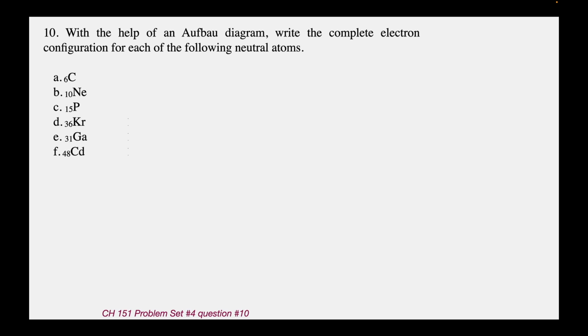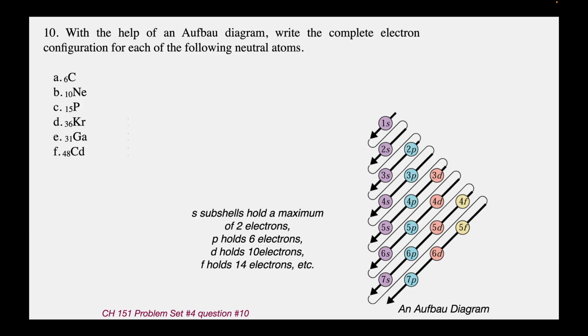And probably one of the best ways to handle this problem is to use the Aufbau diagram. And again, Aufbau diagrams can be so helpful. And again, it's kind of like a path. You start with the arrow there at the top at the 1s, and then you twist around and you go to 2s, twist around, go to 2p, then 3s, etc., etc. So that'll be the order in which we fill them in. And it's also important to remember that s always holds 2 electrons, while the p's hold 6 and d's hold 10. So in our first example there with carbon, with a total of 6 electrons, we're going to start at the 1s, and 1s will hold 2 of those 6 electrons, but then it's filled. And we have to go on then to the